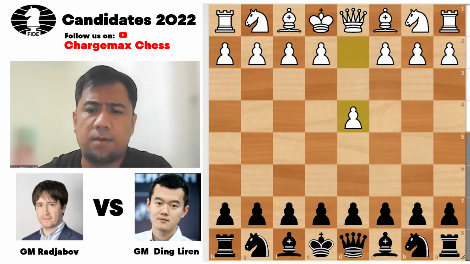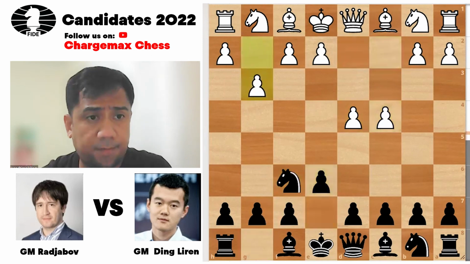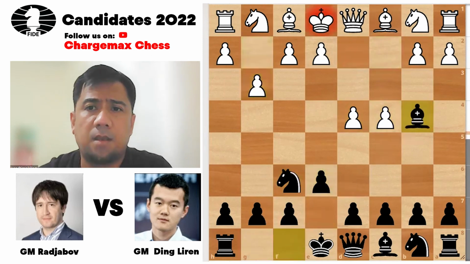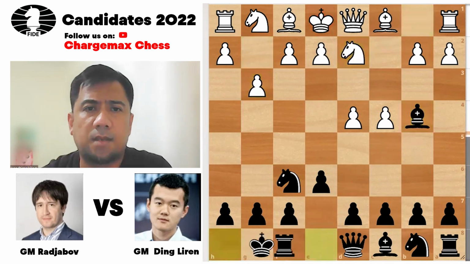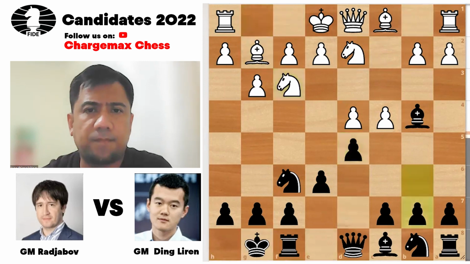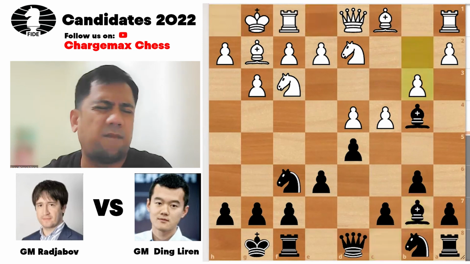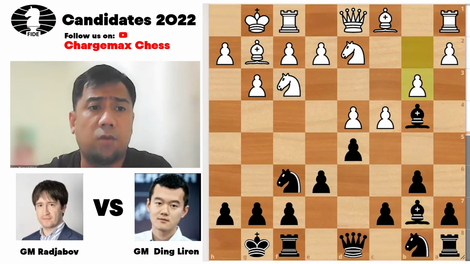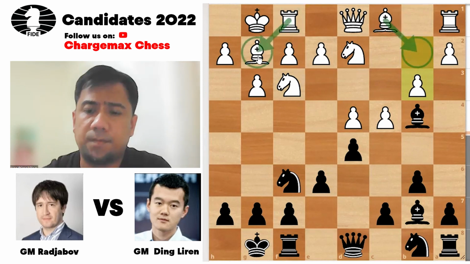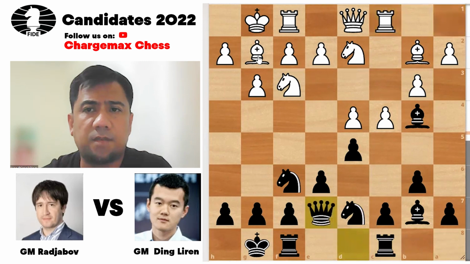Radjabov went for d4, knight f6, c4, e6, g3, trying to go for Catalan. Then knight e2, castles, bishop g2, d5, knight f3, b6, castles, everything normal. Bishop b7, b3, a very solid approach by Radjabov, going for the double fianchetto. Bishop on b2, bishop on g2, knight bd7, bishop b2, rook c8, rook c1, queen to e7, e3,